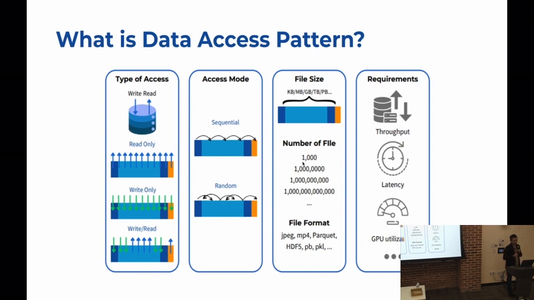And the third column is the file size, definitely, because 10 years, 5 years ago, we could just focus on something like a Parquet file or a CSV file. They may have a unified size, something like Parquet. Mostly they use 2 blocks or 4 blocks of HDFS. Mostly it's 500 gigabytes or 1 terabyte.